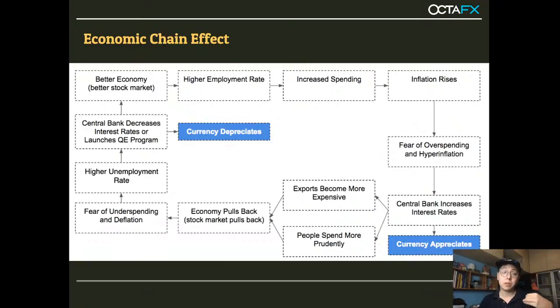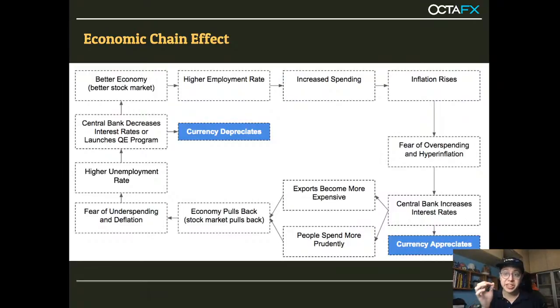So when that happens, people will start to spend a little bit more, and businesses start to spend more. It will hopefully help the currency, the economy, to go back up. So you can see this whole entire cycle repeats itself over and over again. Usually, one full cycle like this takes about 7 to 10 years. If you take a look at the last recession that we had, that's back in 2008. Now in 2019, 2020, that's about, give and take, 12 years. So 10 plus years, right? That's the cycle of the economy.